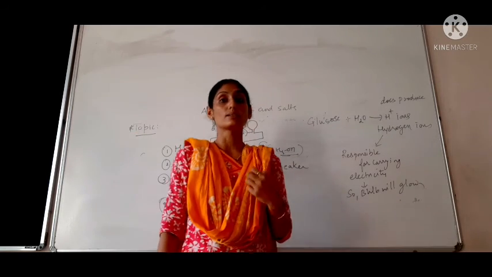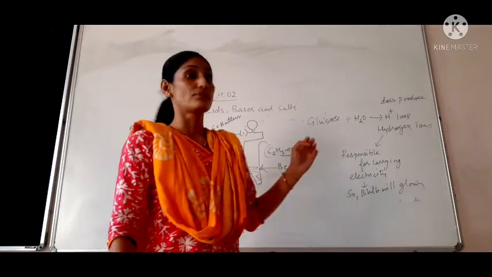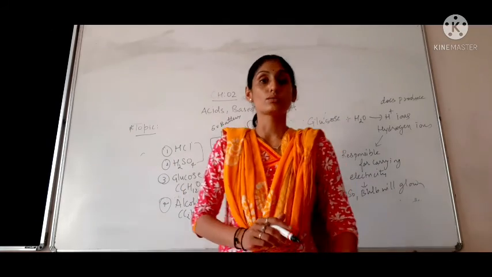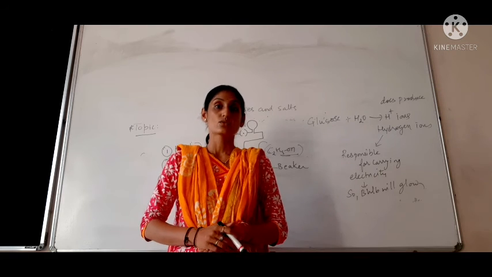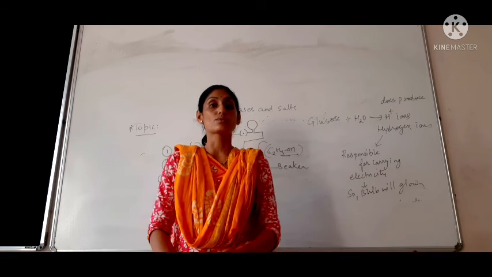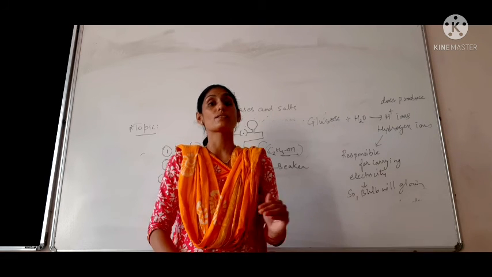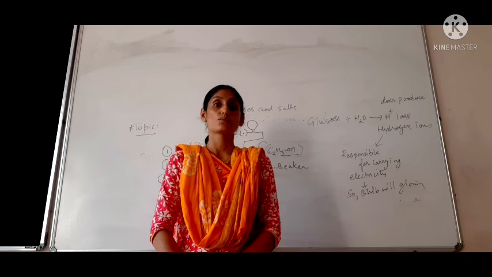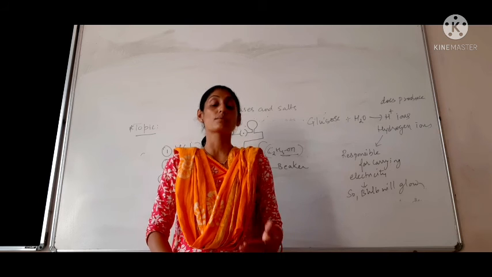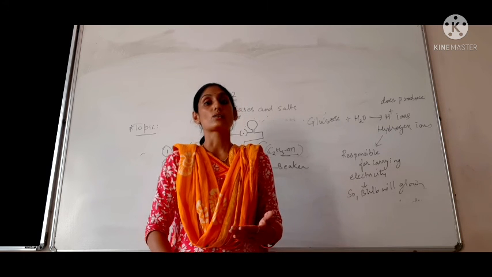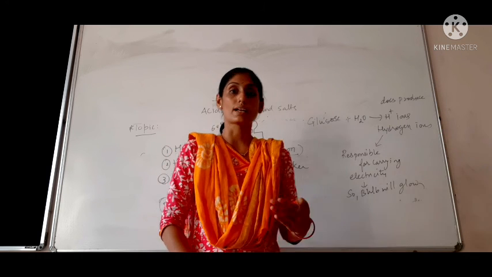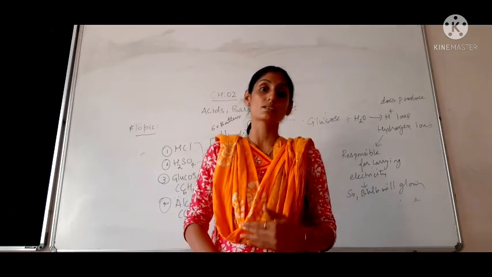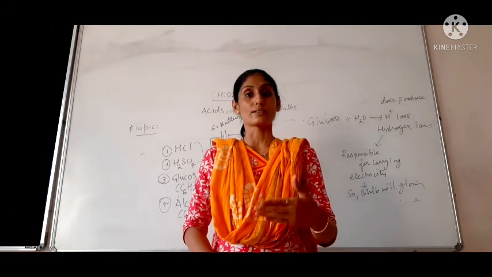So that is about whether the solutions of acids, glucose and alcohol, when dissolved in water, allow the passage of electricity or not. That is all for today. In the next class we move ahead to what happens whenever acids, bases and salts are dissolved in water, what they produce and why they produce. Then we move to metallic oxides reacting with acid and non-metallic oxides reacting with base. In the next class we discuss these things.